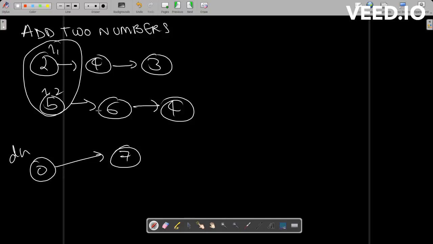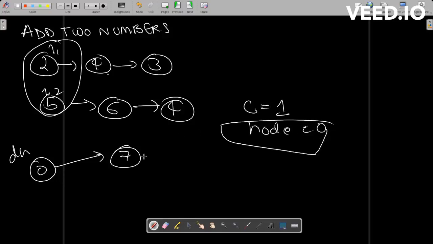Next, we'll move forward, we'll increment, we'll go from L1 to L1.next, and L2 to L2.next, right? When we go over here, we see that a 6 and 4 will give me a 10, which is basically a carry of 1 and a node value which would be 0, right? My node value would be 0 and my carry would be 1. So I would just append my node value over here and move forward by incrementing L1 and L2,